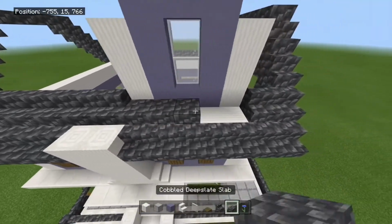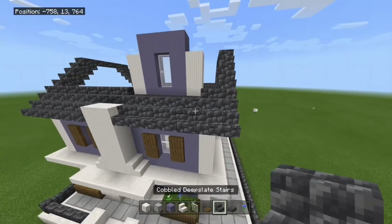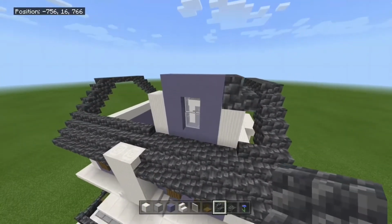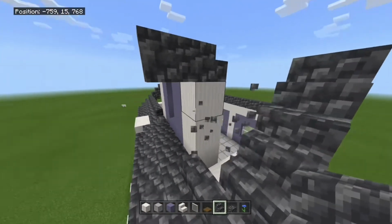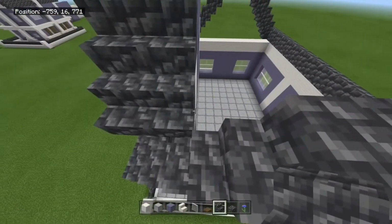And then in front of the quartz pillars, all the way to the other stair, we're just going to place slabs like this. And then come to the right side of the wall, we're going to place a stair, overhang it, and then on the block below that, we're going to do the same thing. So we're going to place a stair, and overhang it, and then connect this to the frame of the roof on the right,